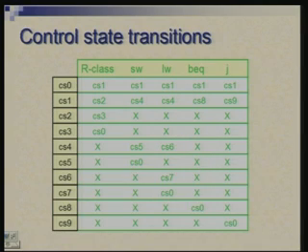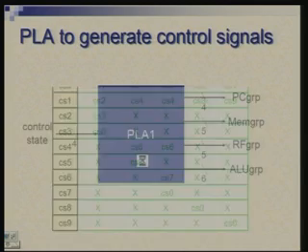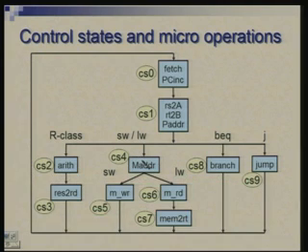The other table is what describes the next state given the present state and which instruction or instruction group we are talking of. So we have the same 10 states, and instructions have been grouped as usual: R class, SW, LW, BEQ and J, and for each row and column combination we are describing what is the next state. So these two tables together are basically capturing this flow chart or state transition diagram.